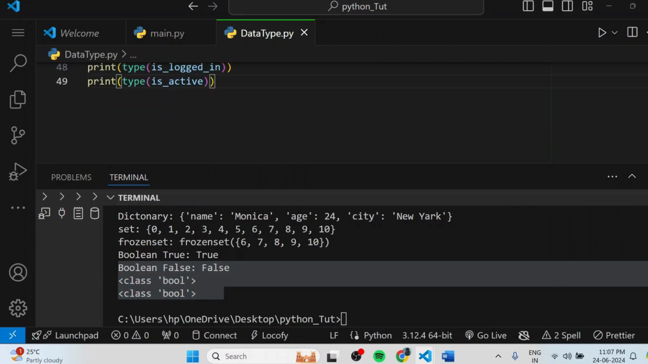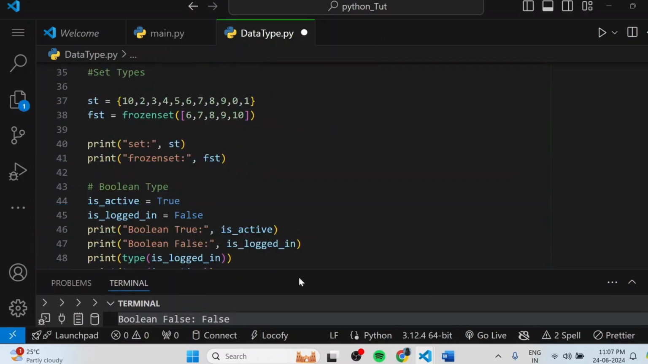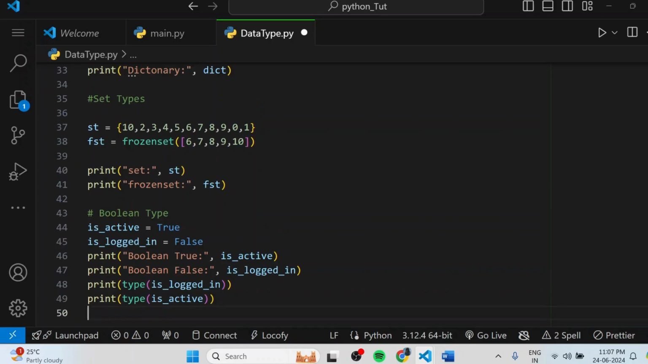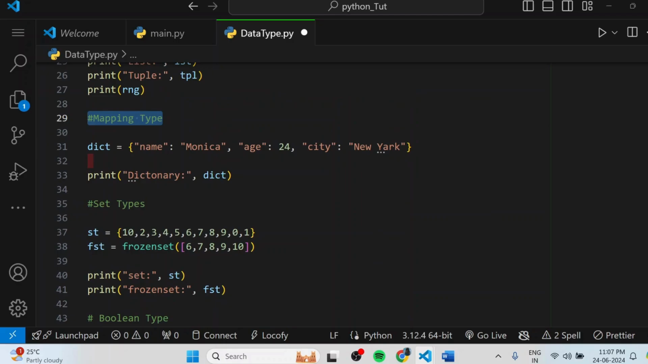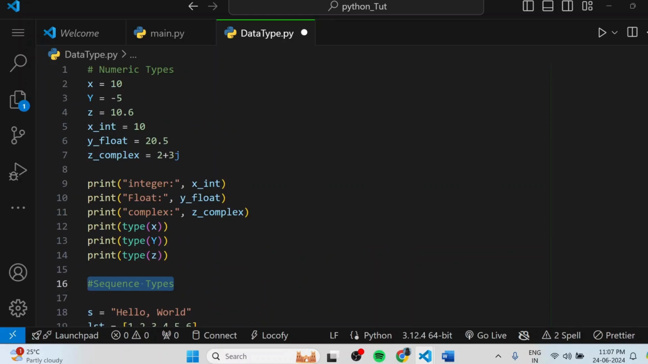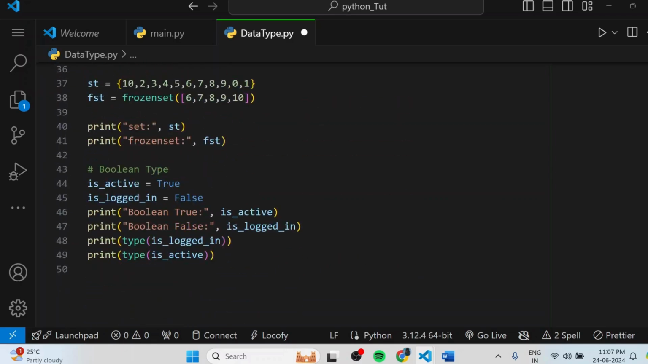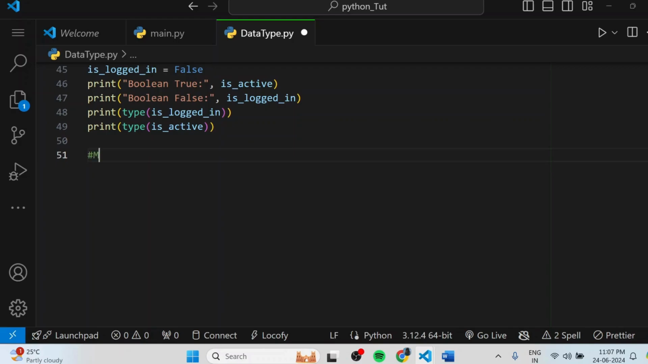Boolean. Okay, so we have done so far these kinds of data types. First one, Boolean data types we have done, set types we have done, mapping types we have done, sequence types we have done here, and numeric types we have done here. Now last but not least, that is NoneType. What is NoneType in Python? So NoneType, we come here,